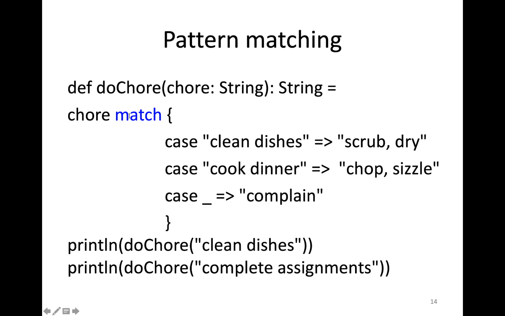Here is one function, do show, and that function takes one parameter, show, which is a string, and the function returns a string, correct? Now the body of the function is just one line. You can see that because after the equals sign, there is just one line, right? And that line has a keyword match. And what we are doing here is trying to match the possible patterns with the parameter. So if the parameter show